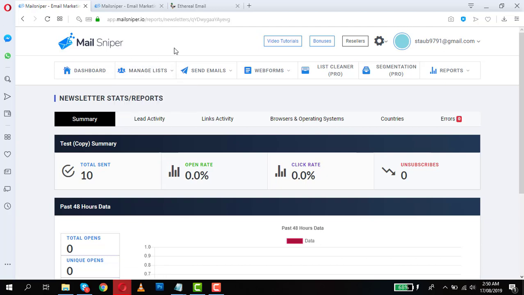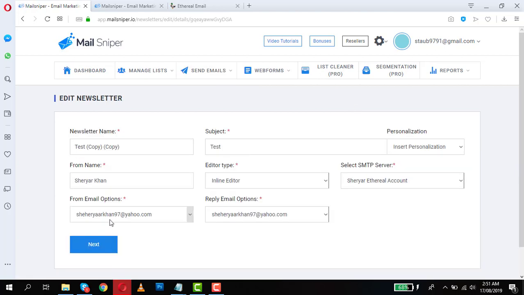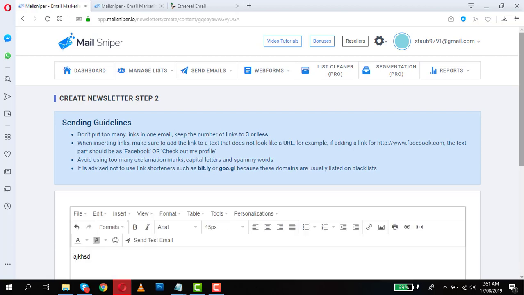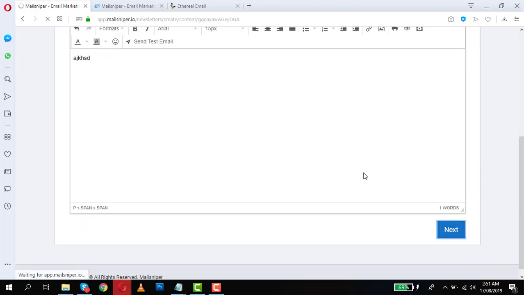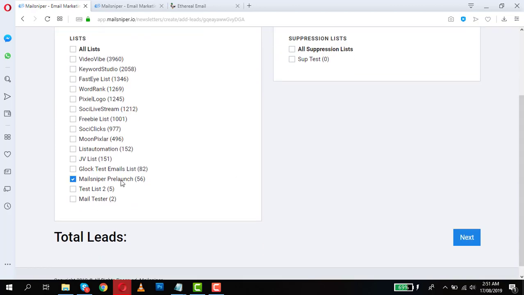Now as I said before, this throttling option is only per newsletter that you send. So if you want, you can send a second newsletter. We'll clone this and click on next, and as you can see, the total number of leads are 60 to whom we want to send. Click on next